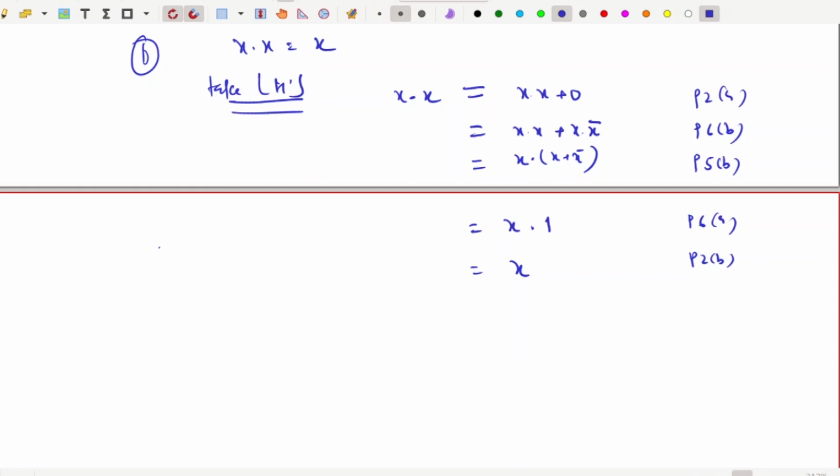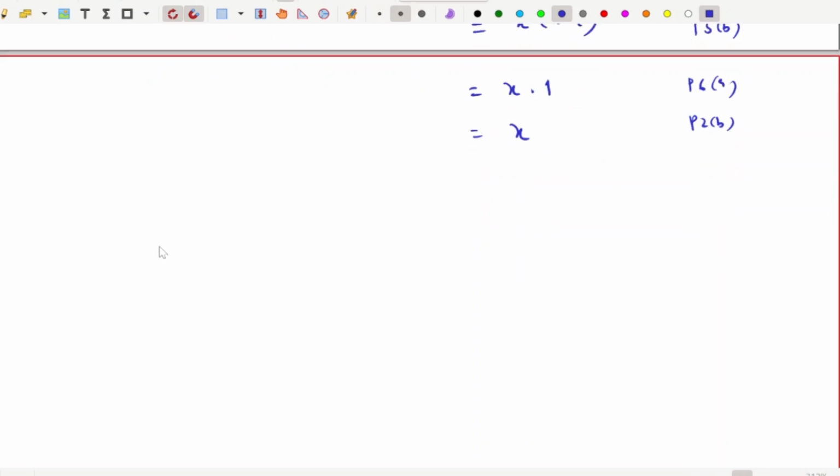So in Boolean algebra, when we simply perform an OR operation between the same variable n number of times, the result is equal to the same variable. The result is also equal to x, not x to the power n. But in elementary algebra, when the plus operation is performed on the same variable n times, that is equal to n into x. But here this is equal to x.